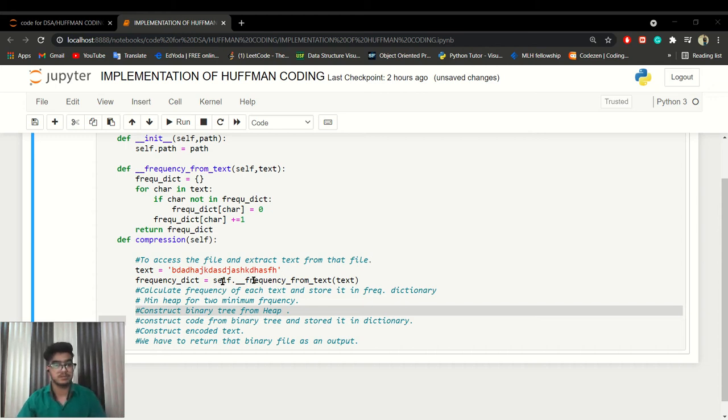Video, we are implementing our frequency function. Now, what is the next step? The next step is to create the heap. So first of all, we have to understand why we are using heap and what we are trying to do with heap. So let's get concerned with the concept of heap, and then we implement the code here.